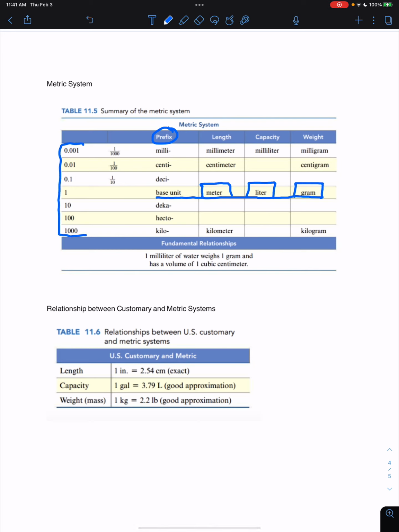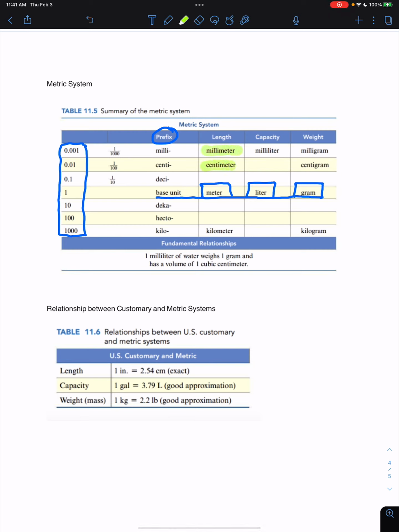So you should know the relationship between milli, centi, deci, and especially, you can also know deca and hecto. We don't use those as much, but kilo, definitely. And you'll notice here that